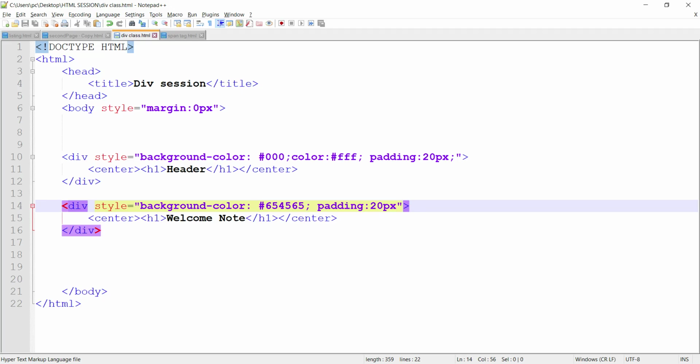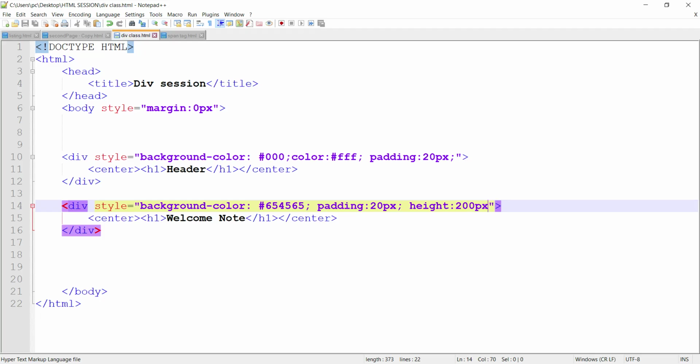Okay, and let me give some height also here. Suppose I am giving 200 pixel. See, I am giving height in pixel unit, remember this.